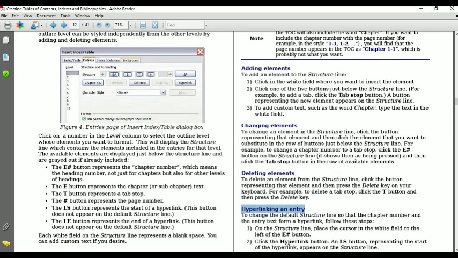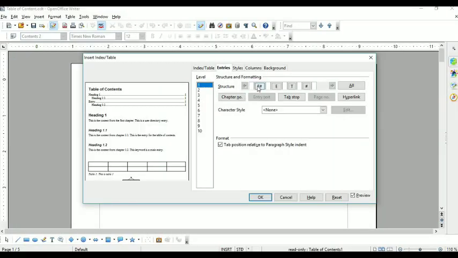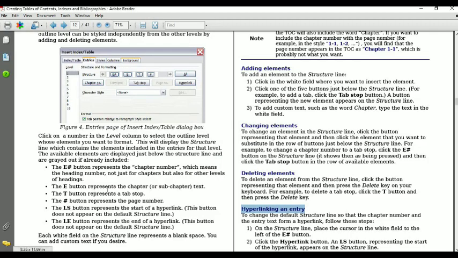Once you select the Entries option, you can see various codes given here, like E#, and so on. What is this? So read from this PDF. This E# button represents the chapter number. Chapter number means main heading. This is the heading, means level 1. Then the E button represents the chapter or subchapter text, means the second one.